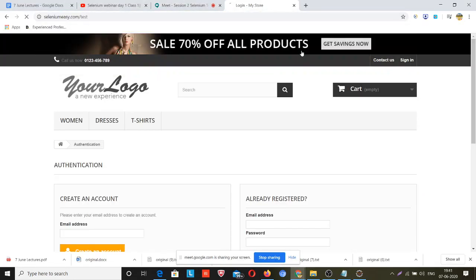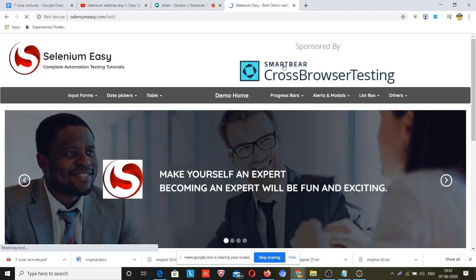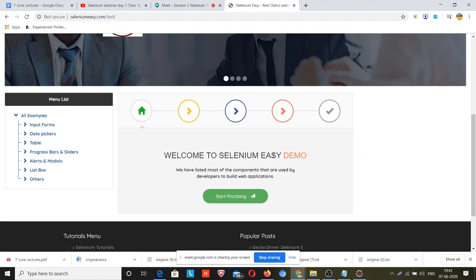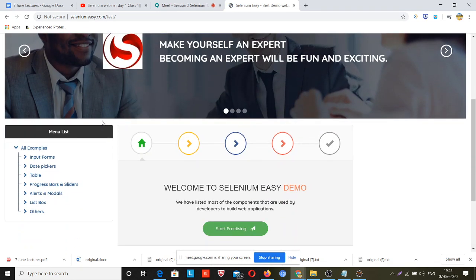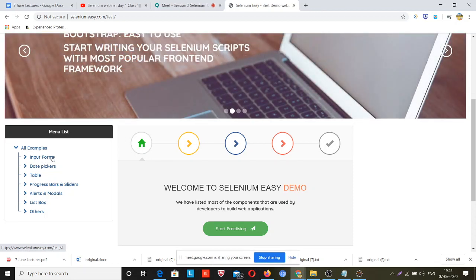And I will copy and I will show you all the websites. In this website basically Selenium has several elements to locate. If you click on input form, you can automate forms, you can practice on this website.